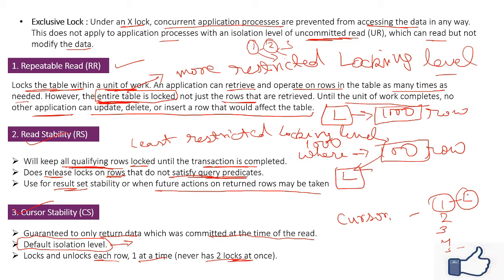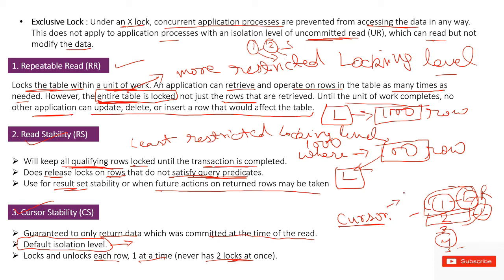But when it has completed every operation on this row, it will come to the second row, so it will lock this one and release the previous one. And same like this, if it came to 4, it will release every other 3 rows above. So means wherever your cursor points, only that row will be locked.